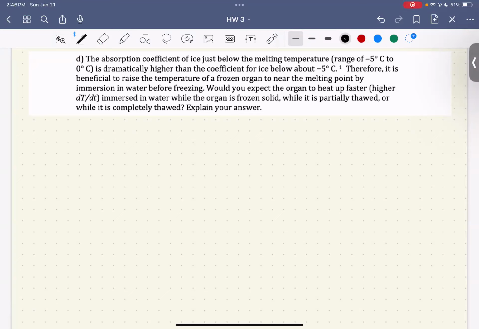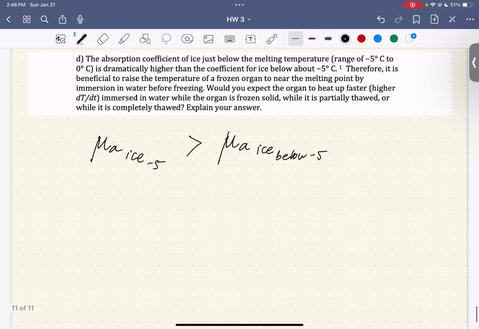Therefore, it is beneficial to raise the temperature of a frozen organ to near the melting point by immersion in water before freezing. And so we have absorption coefficient, and we can say mu of A of ice below -5 is greater than mu of A of ice below -5 here,